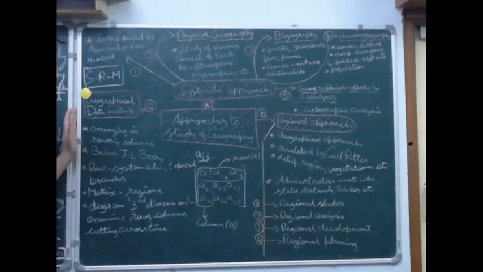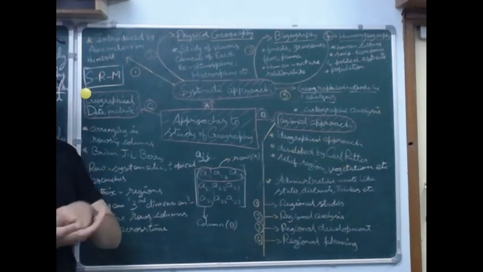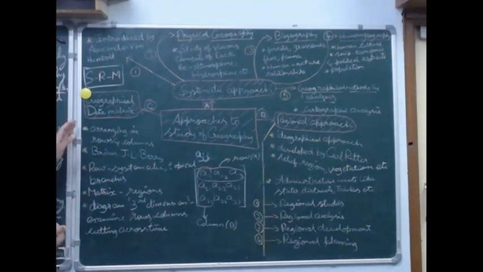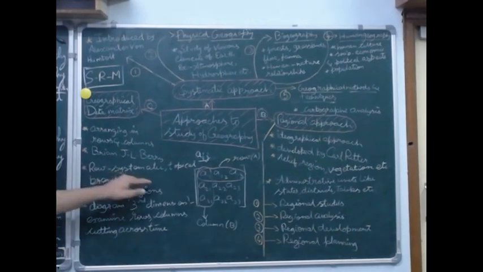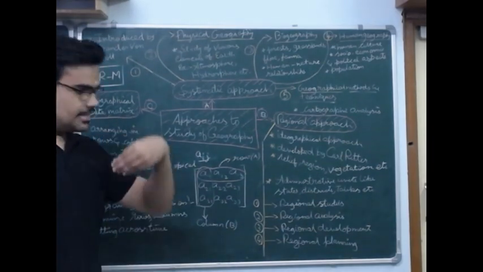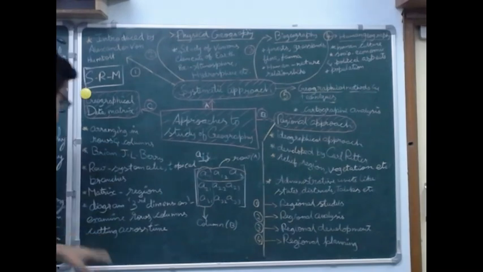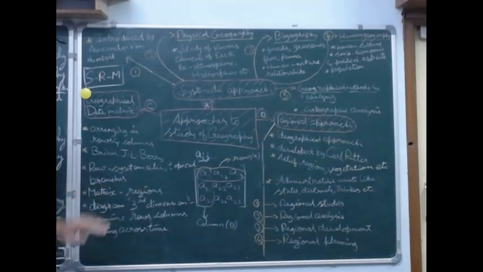So the geographical data matrix is the arranging of geographical stats in rows and columns. This method was introduced by Brian J. L. Berry. In the rows are the systematic topical branches. That is, while arranging in a matrix, the rows consist of systematic and topical branches, the topics involved in the aspect that we are studying, and the matrix consists of the regions belonging to the respective topical branches.